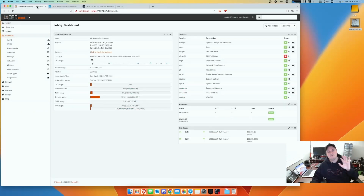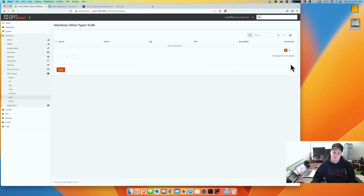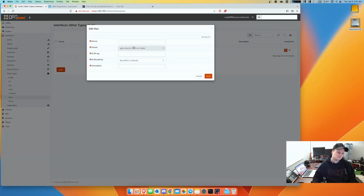So we have to set up a bunch of networks here on this device. Let's do that. We want to go to interfaces, other types, VLAN. We want to create a bunch of VLANs. The first one we're going to create, we have to make sure we select the right network interface. We're going to go LAN. We're going to call this VLAN tag 10. And we're going to call this, what did we say here? Let's go